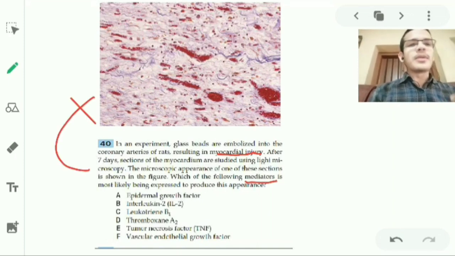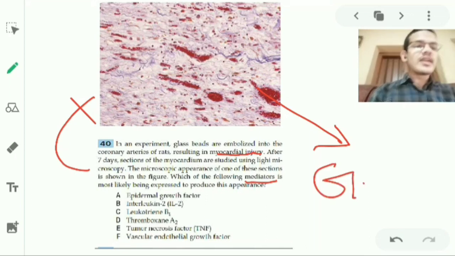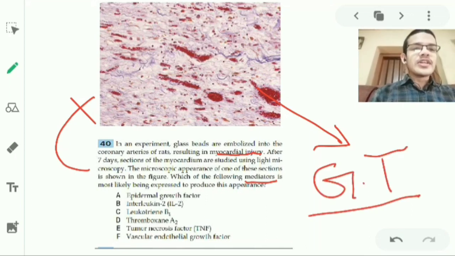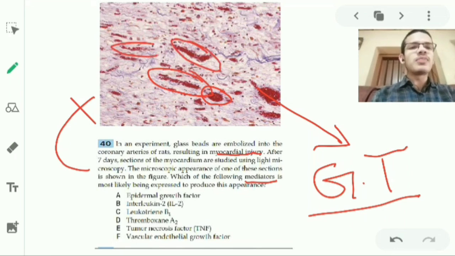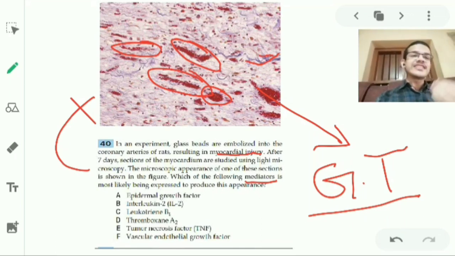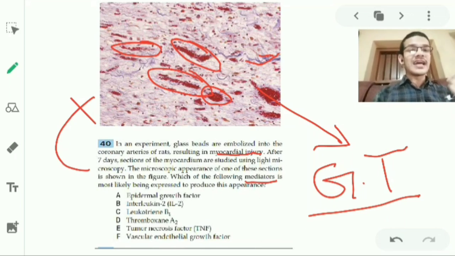If you remember properly, in the previous lecture we discussed that this is the appearance of granulation tissue. So there is a lot of angiogenesis happening. You can see a lot of blood vessels in the cross sections, and what you are seeing in this blue color is the developing collagen. The fibroblasts have just started synthesizing the collagen. The prominent appearance of this diagram is the angiogenesis.